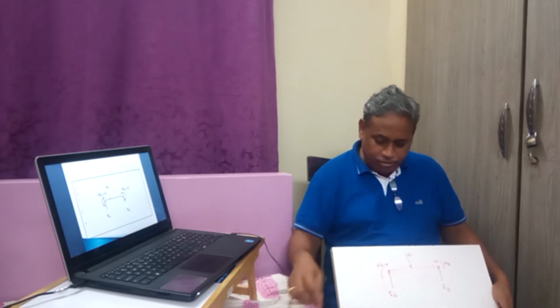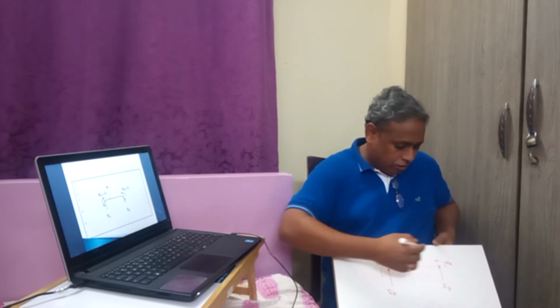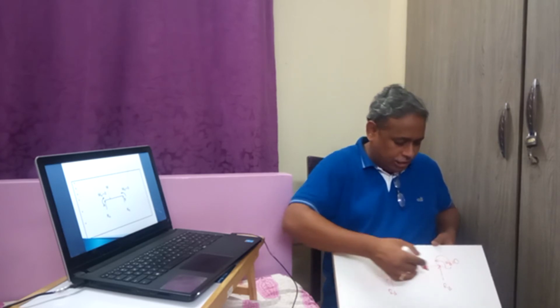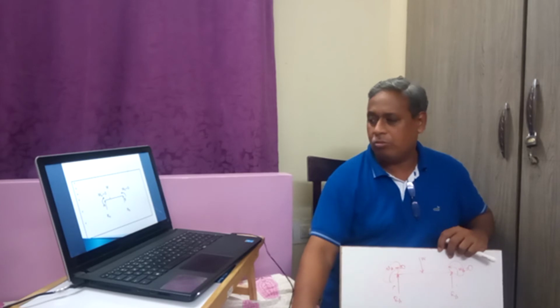As we discussed earlier, there can be only two possibilities, that is movement and reaction. But since it is a simple support, movement at A will become 0. Similarly, movement at B is also equal to 0. So there cannot be any movement. So only reactions RA and RB are possible. That is why in this illustration we have given MA is equal to 0, MB is equal to 0. So RA and RB, only two reactions are possible in case of simple supports.